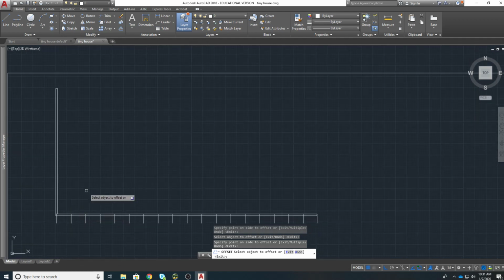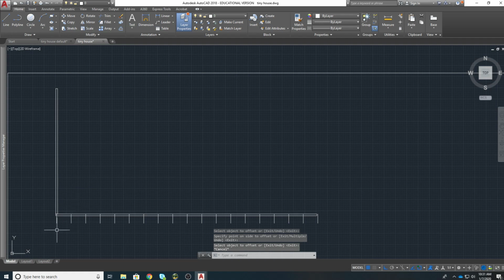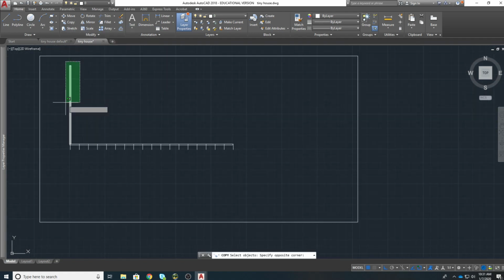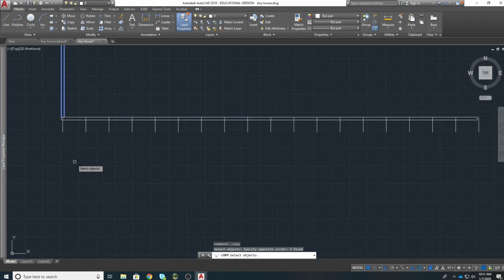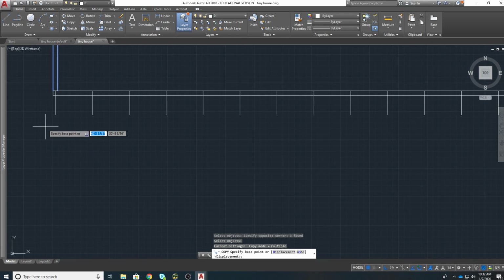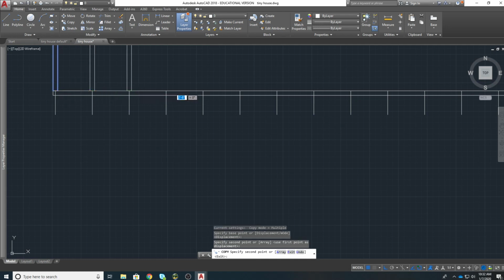Alright. So I'm going to hit escape, get out of that command. Then I want to copy these. There's other commands I could use, array or something like that, but I'm just going to use copy. It's easy to do. I'm going to pick copy, and I'm going to select everything that I want to copy. So I select all that, I'm going to hit enter, and then it's going to ask for a midpoint. It says copy base point. So my base point is right there at that end point of that line, or the midpoint of those two lines there. Okay, so I'm going to just bring these over just like that,